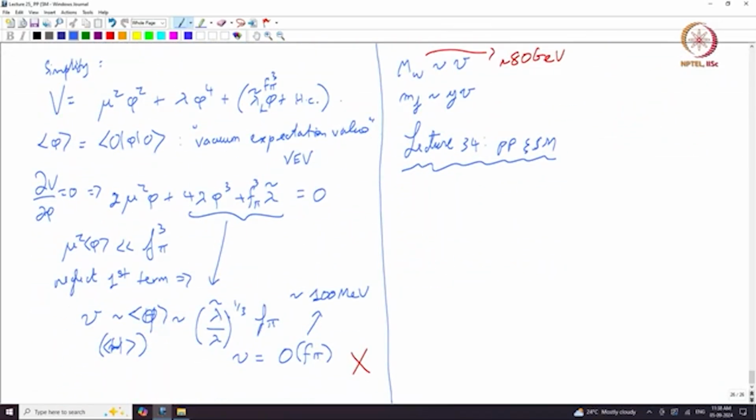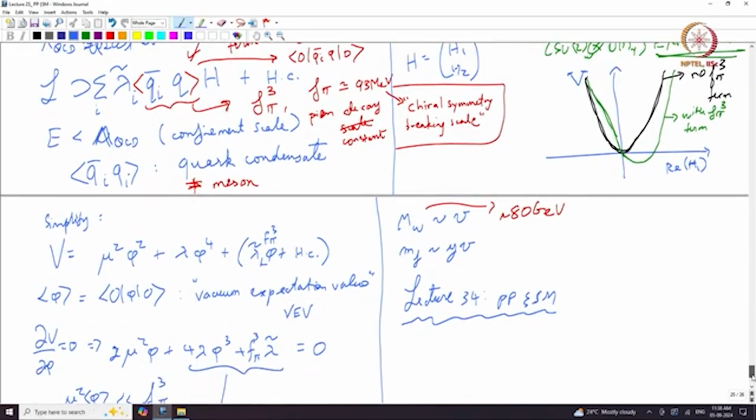We saw that in the case where the mu squared term times the expectation value is much smaller than f pi cubed, I can simplify the minimum condition to just 2 terms, and I find that the expectation value goes as the pion decay constant itself, around 100 MeV, exactly 93 MeV in fact,